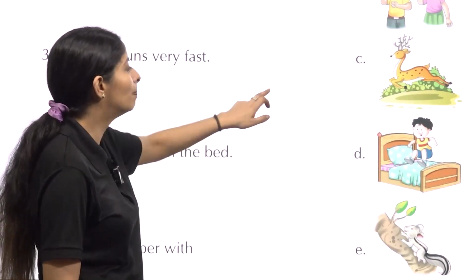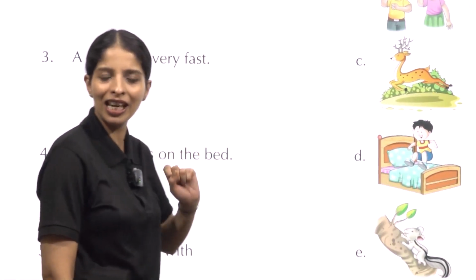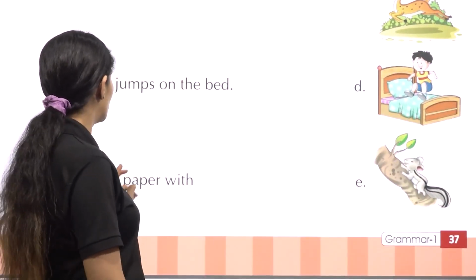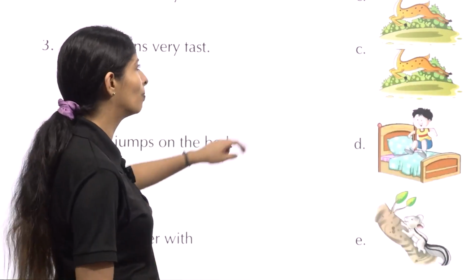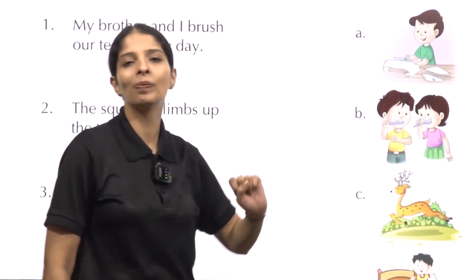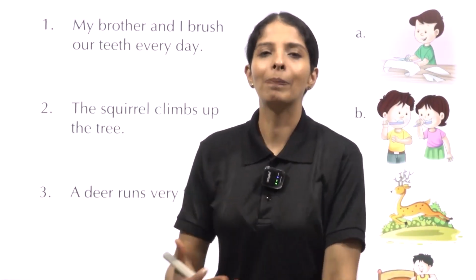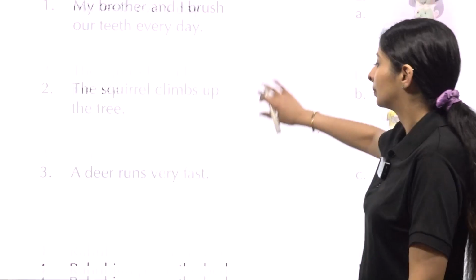Rahul jumps on the bed. You match with option D. We cut paper with scissors. So you match it with this. Next,